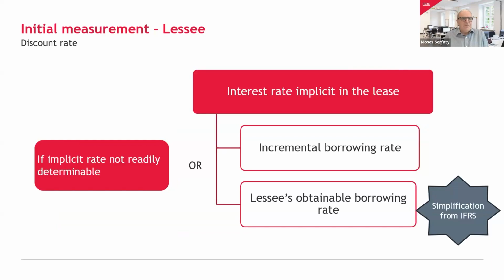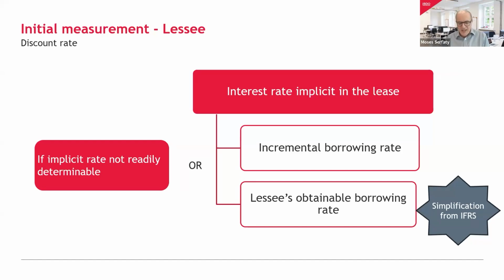In terms of what discount rate do you use, the preference is the interest rate implicit in the lease. Now that may be readily determinable if, let's say, I've seen it for motor leases or equipment leases, you can sometimes determine that quite readily. Otherwise, if it's not readily determinable, then the standard gives you a choice of incremental borrowing rate, which is the rate of interest the lessee would pay to borrow funds necessary to obtain an asset of similar value for the lease term, or